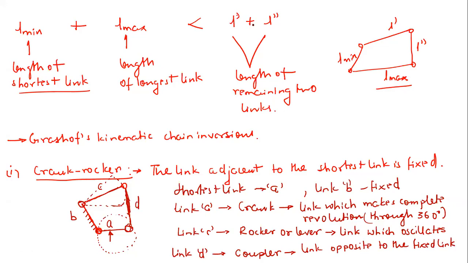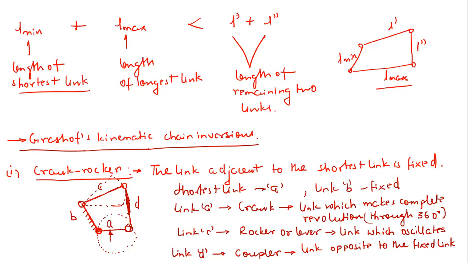So you have to keep these terminologies in your mind. Many times they will be asked: which is the crank, which is the rocker, which is the coupler. Generally this rocker is also called a lever. Or sometimes we call this mechanism a rotary oscillatory type mechanism. Rotary means the crank is making a full complete rotation, and oscillatory means the rocker is just oscillating. So this is one inversion of Grashof's kinematic chain. A very important thing you need to remember is that this is possible only when you have a Grashof's kinematic chain. Otherwise, it is not feasible.